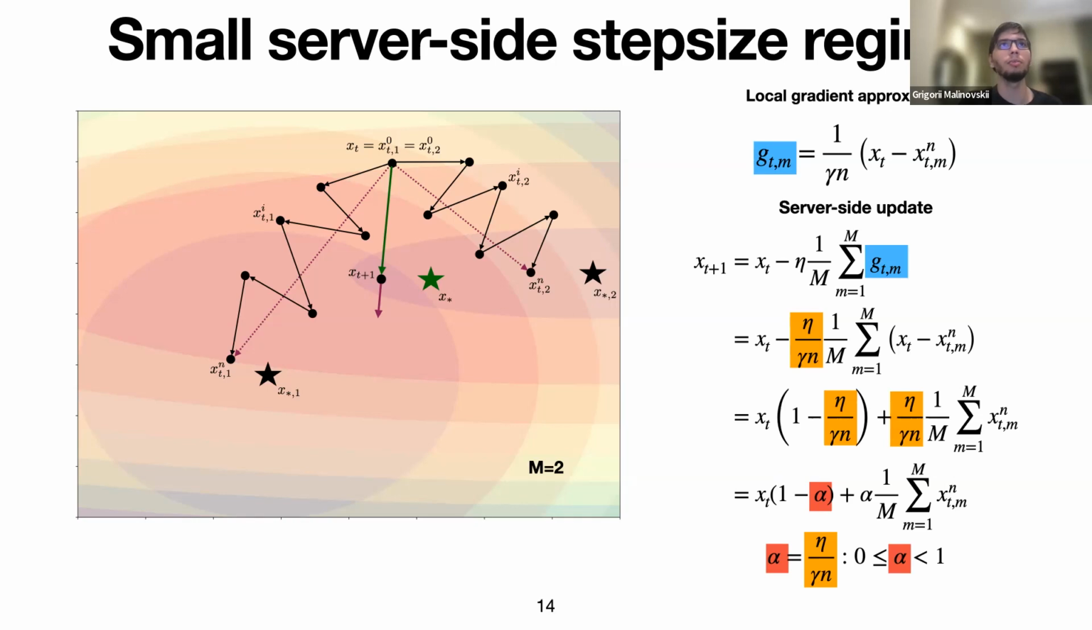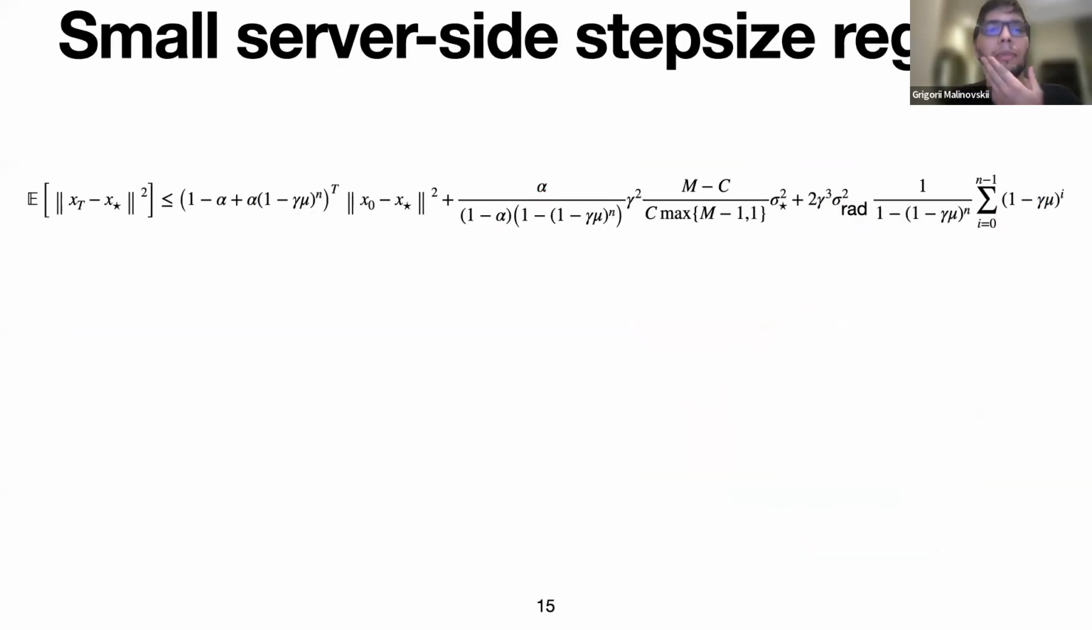Okay, let's move on. Let me consider also the strongly convex case. For this regime, we have a different type of analysis. Here we allow gamma to be large, and I mean large means proportionally 1 over L. And here we have